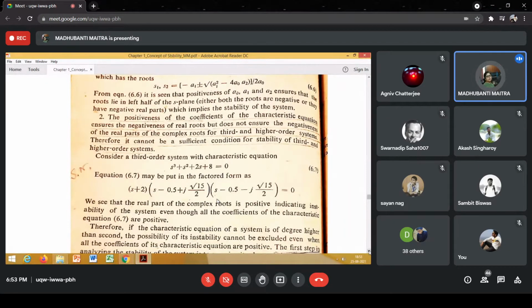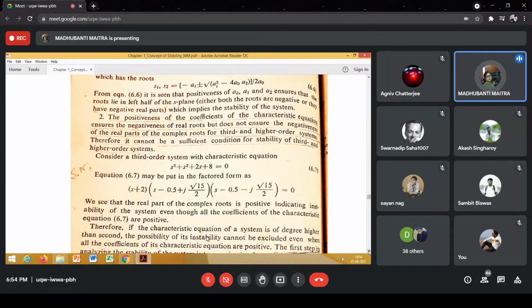So the first task is, given a system. That means if the characteristic equation of the system is given, or if the closed loop transfer function of the system is given, or if the open loop transfer function of the system is given, from which we can obtain the closed loop transfer function if sufficient information is there. So first we'll look at the characteristic equation and try to find out whether all the coefficients are present or not, and whether all the coefficients have the same sign or not. That means the necessary conditions are being satisfied.